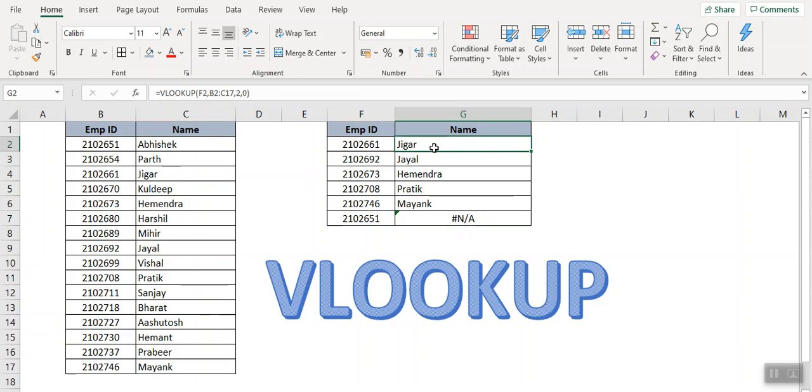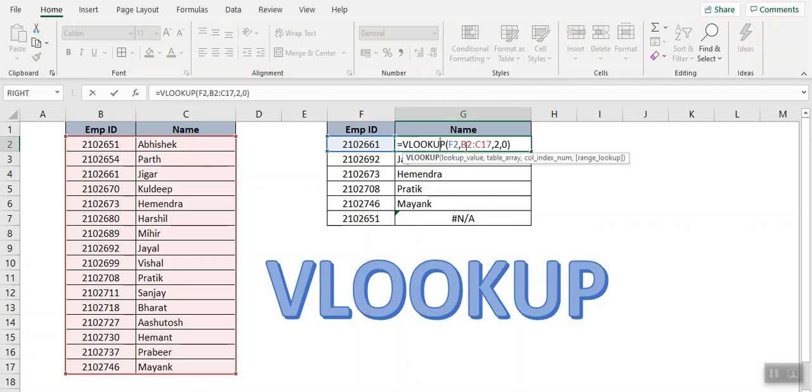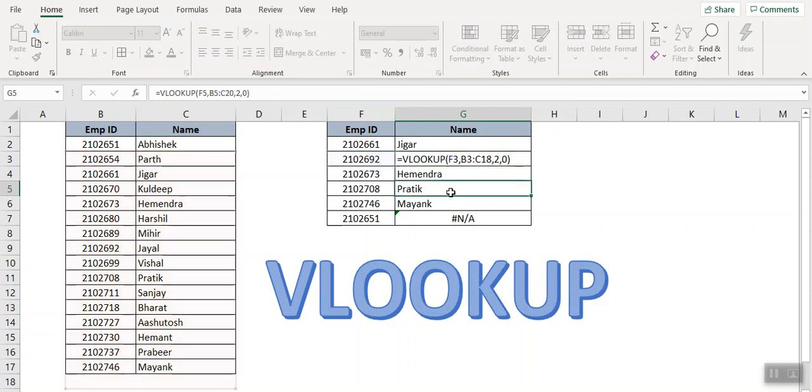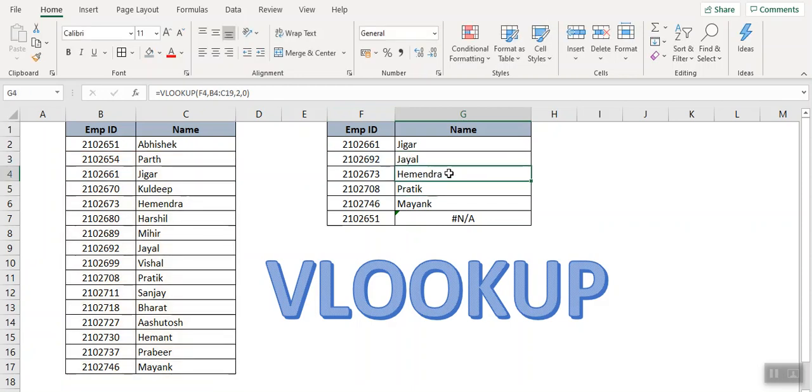In the first cell, G2, you can see that the selected range is B2 to C17. Now in the cell below it's B3 to C18. So basically the formula has shifted the range in each cell.